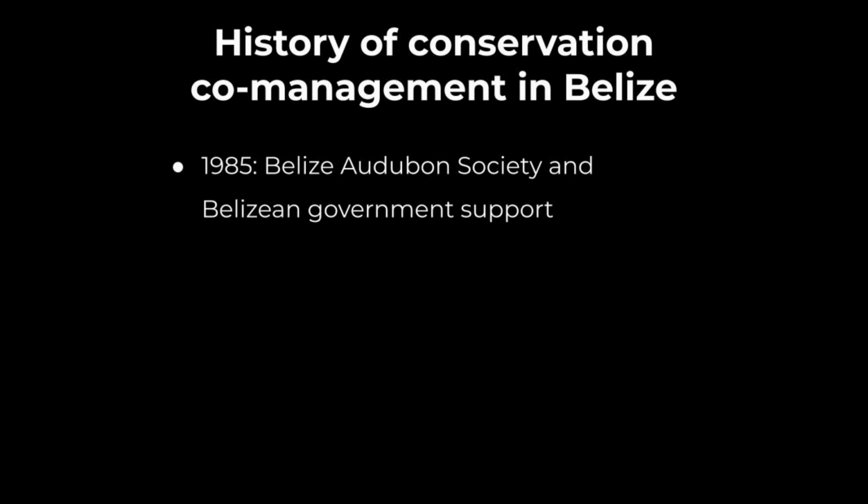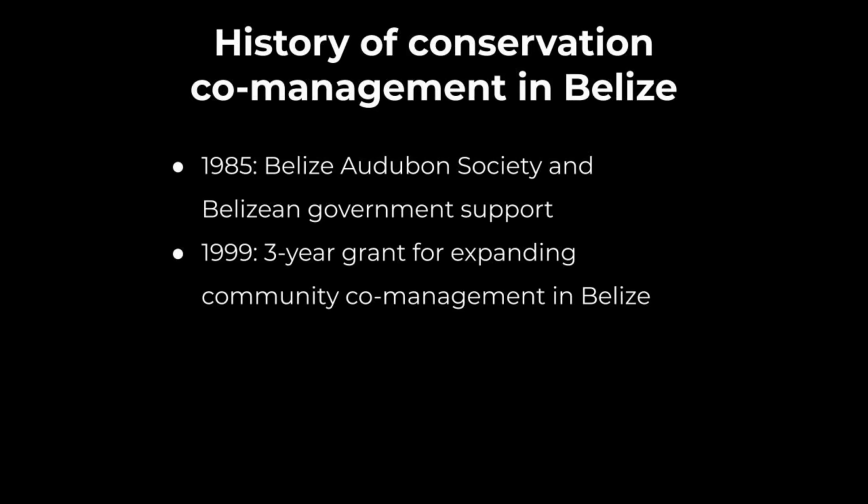Belize's conservation history has been studied with co-management. The Belize Audubon Society, which began as a birding club under the Florida Audubon Society in 1969, began developing as a conservation organization as we were just beginning the Community Baboon Sanctuary. They were charged by the government of Belize to co-manage a number of early protected areas, including the Coxcomb Basin Wildlife Sanctuary. Community Conservation initiated a 3-year medium-sized United Nations grant for